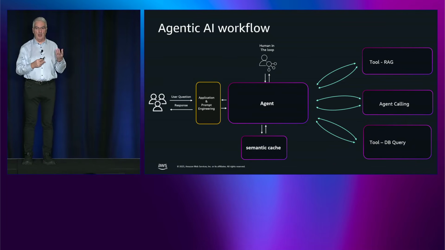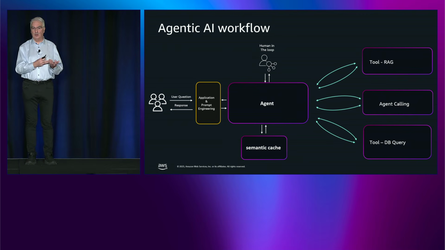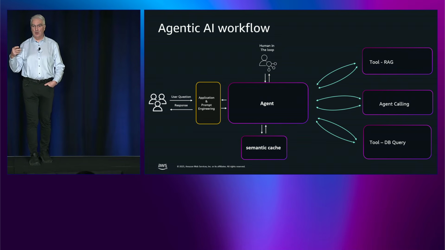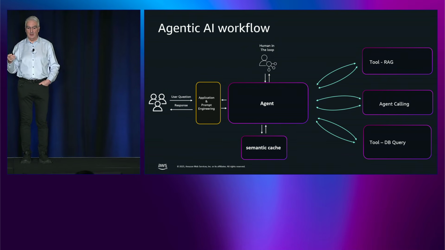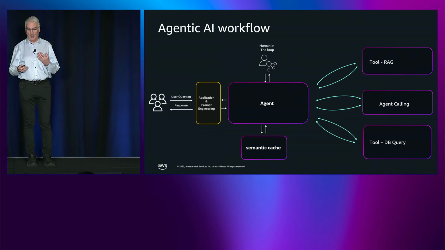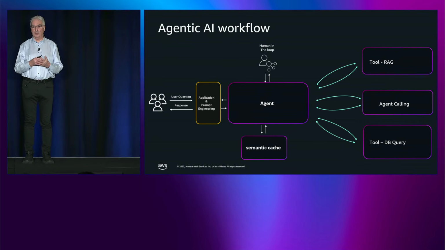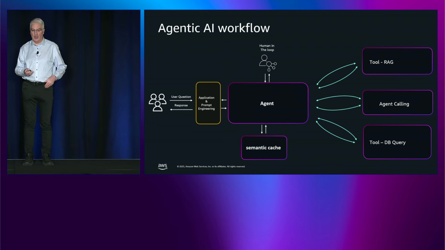Whereas in a generative AI RAG system, the RAG database that I'm showing here will be called when the prompt is received, but it's not called again. Whereas an agent can actually pull data from the database over and over again. If it doesn't like the answer it's received from the RAG database, it can go back in again. It can also call other agents to do specialist tasks or tasks it's not equipped for, say maybe a maths agent or a graphics agent. And then it can call tools to do simple tasks like query a database or write some SQL query to get the data from the database, and can do that over and over again.